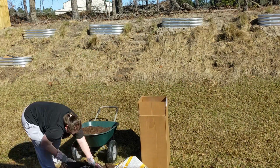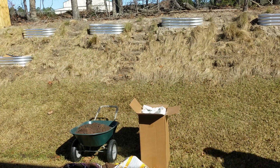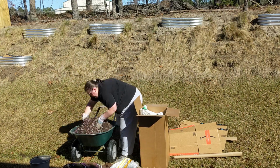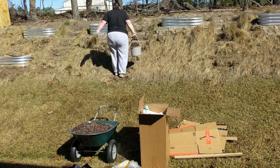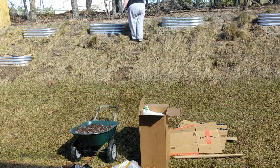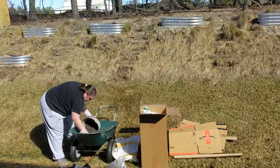And then I started finally putting some dirt in these beds. Very excited. I did dump half of it out on my feet. That was great. But I'm mixing three things together here to fill my raised beds. One is, oh my goodness, I might have to look this up. It's a Stay Green is the brand. It came in a yellow bag. It is some sort of raised bed soil that includes some degree of fertilizer in it because the bag advertises that it will feed your vegetables for 9 months or something. I didn't pick this out because of the advertising, obviously. I picked it out because per cubic foot, it was some of the least expensive soil that I could get